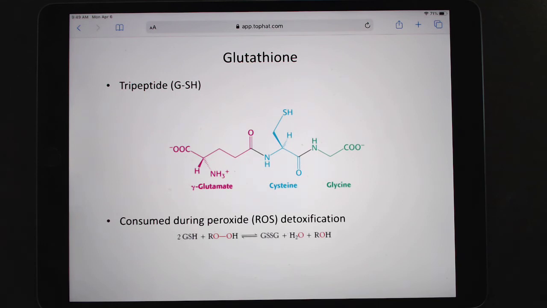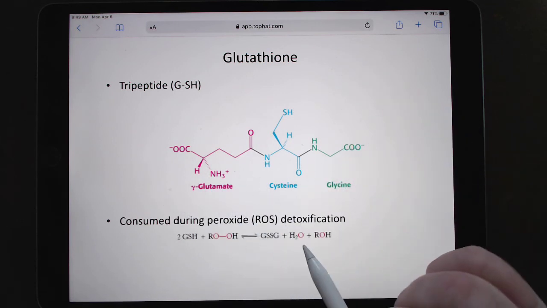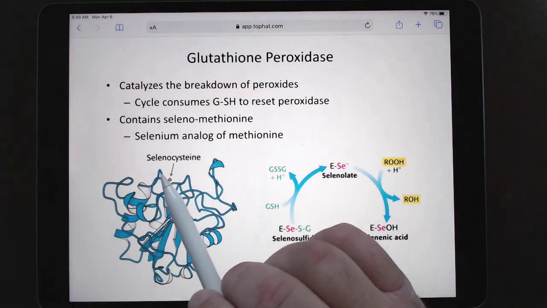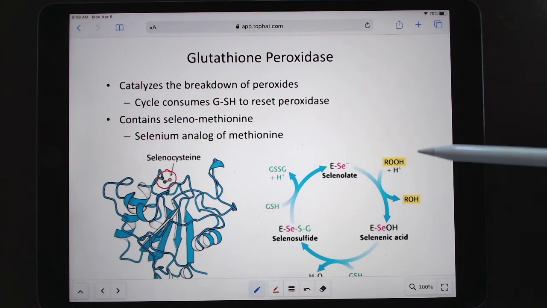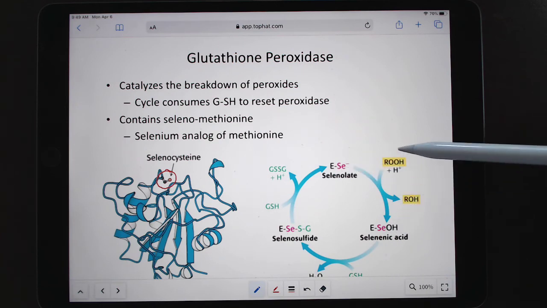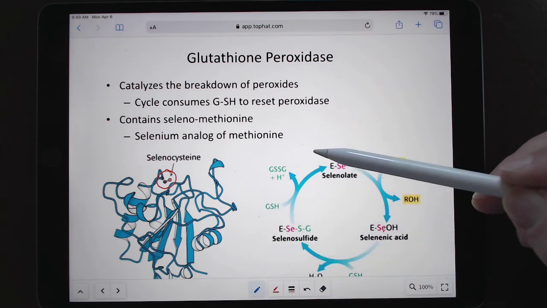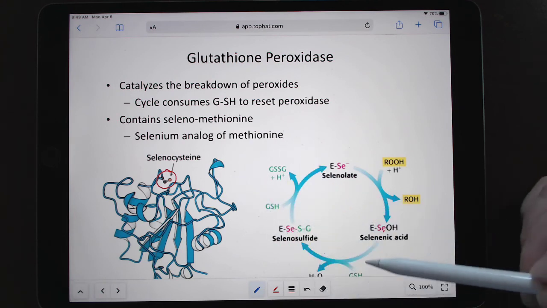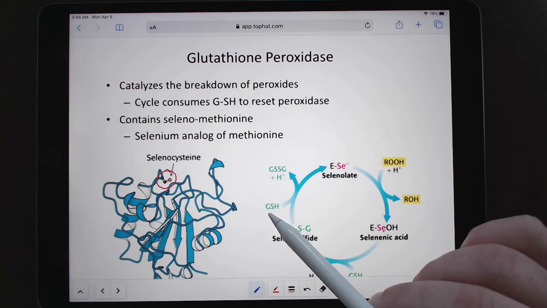So the classic one is glutathione, right? It's a tripeptide that if you have two of these can come in and make a disulfide and be able to get reduced. And so this one, glutathione peroxidase, uses a selenocysteine, and what this does is that if it encounters a toxic peroxide, it can oxidize itself, and in doing so, it'll reduce the peroxide down to an alcohol. So if this gets oxidized, then we need to reduce this down, and to do that, we use one glutathione to make the selenosulfide,